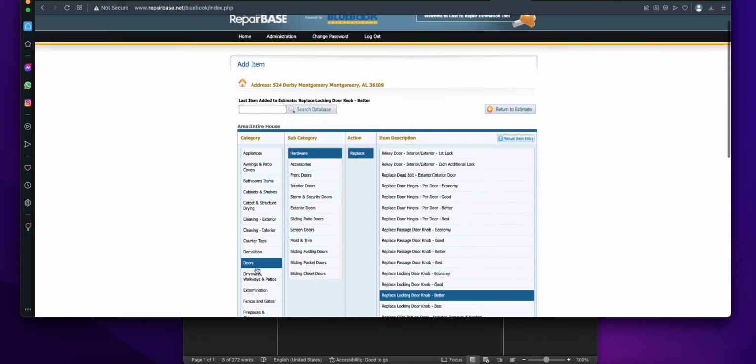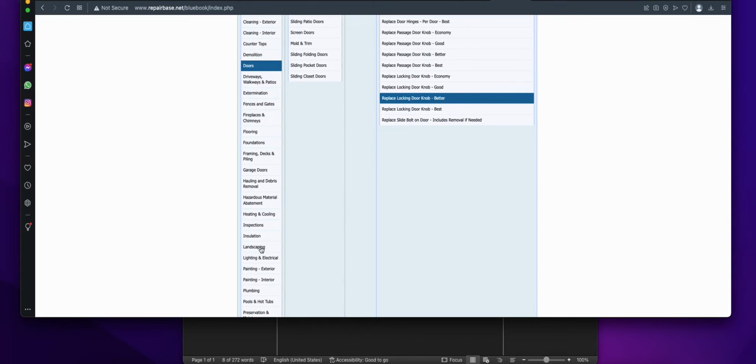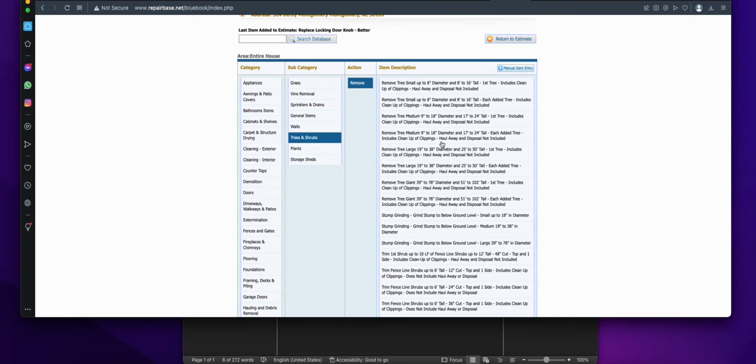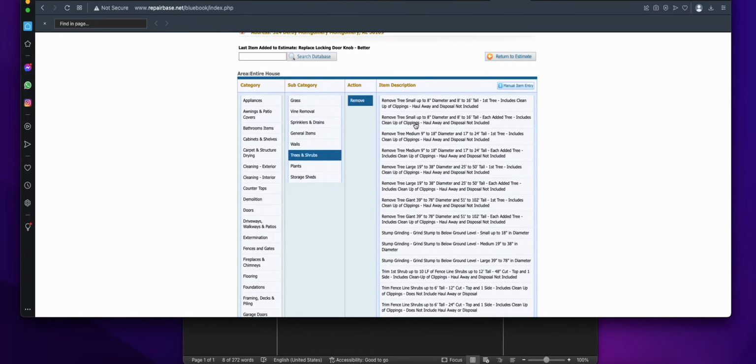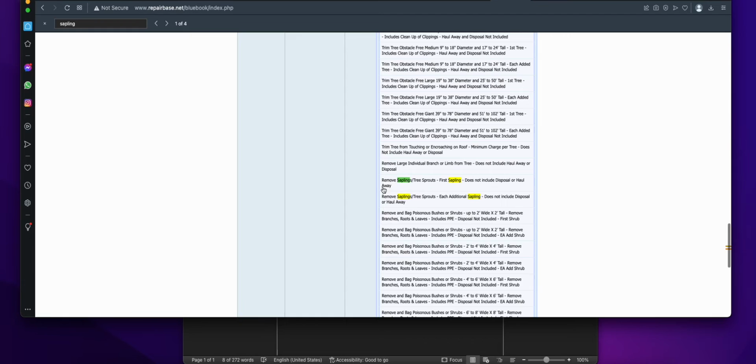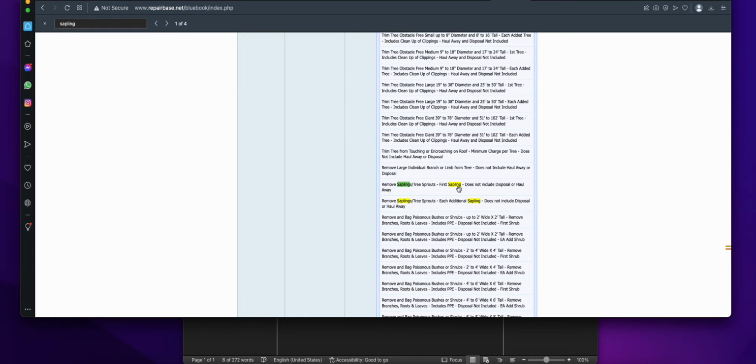So come down here to where it says landscaping, trees and shrubs, and then you can Control F or Command F if you're on Mac and type saplings and go down here. So you have one line item that says first sapling. I suppose it's because you have to get your tools out of the truck and all that other good stuff, it costs more than the remaining saplings. So on this specific one, we'll make sure we choose the first sapling,